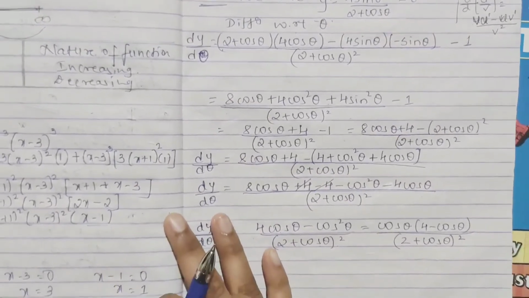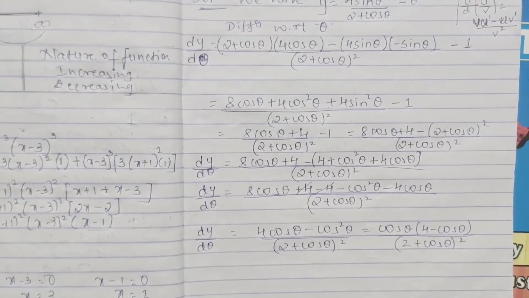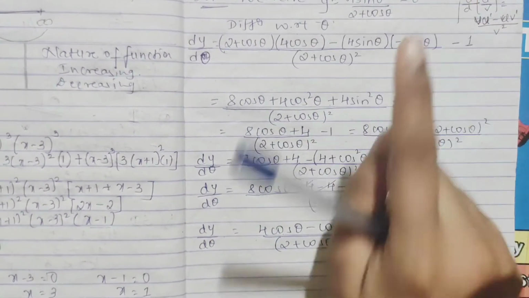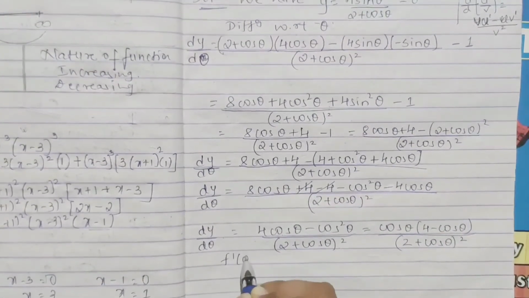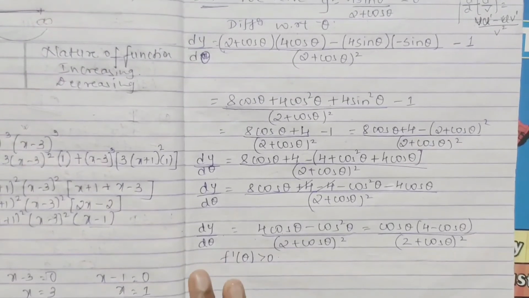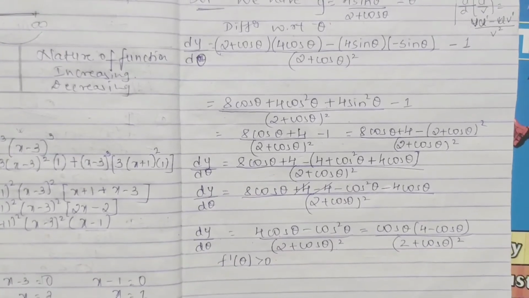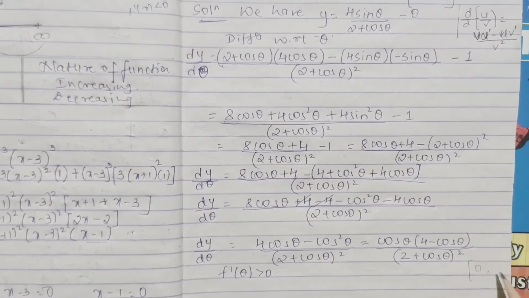We will check now. They are asking whether it is an increasing function of theta in the closed interval 0 to pi by 2, right. Increasing means, obviously, we have to show f dash of theta is positive. Now you see the interval they have given: 0 to pi by 2.